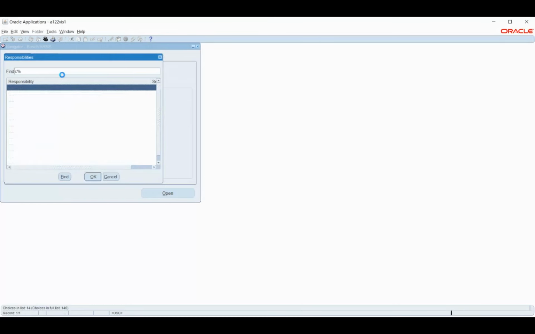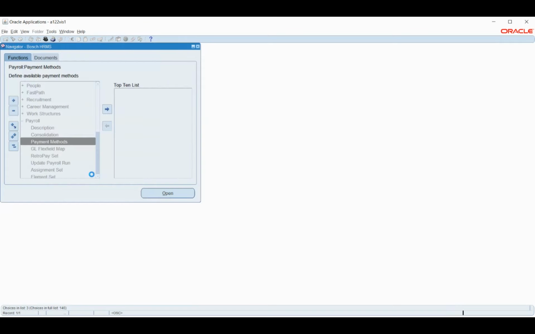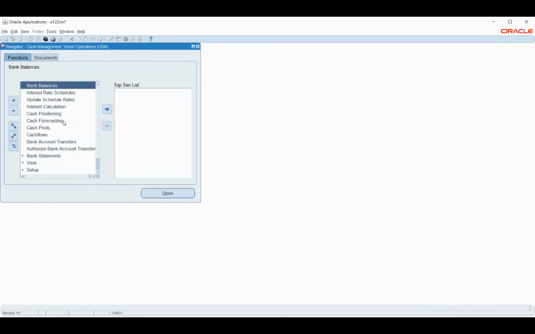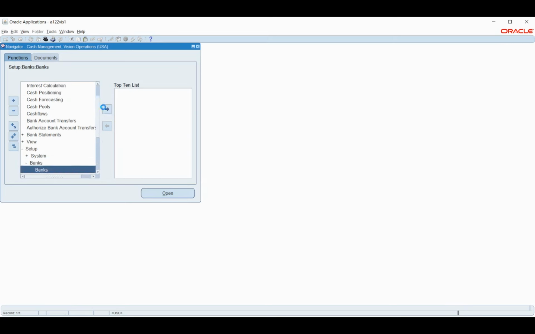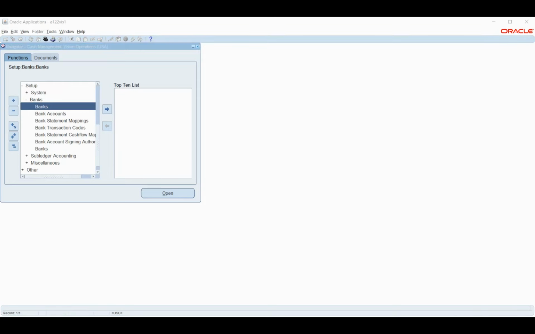Before that, I'll show how to create a bank account. Even though it comes under finance, we should know the basic details, how it is created and all those basic information. I'll create one bank and one bank account, and then we will see how we attach the same with our HRMS or the payroll payment method. There are three setups involved: firstly bank creation, then branch creation, and then account creation.